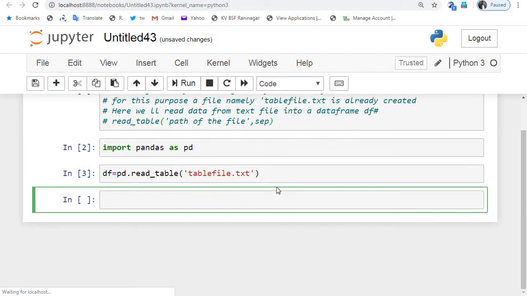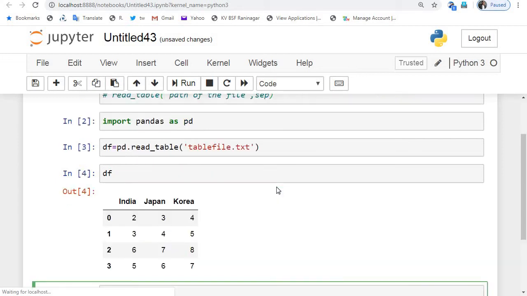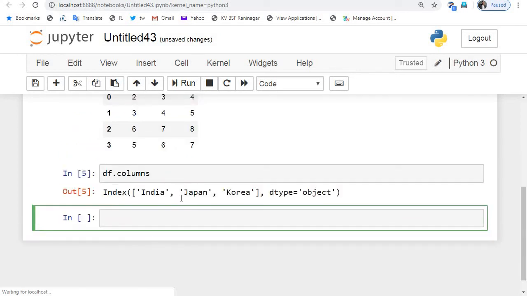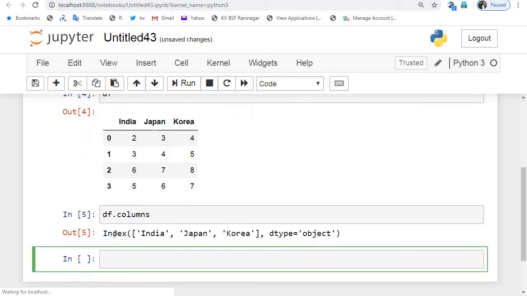Now this method reads the data from the table.txt file into the data frame df. If we try to print df, you can observe a data frame that has 3 columns and 4 rows. The column names are India, Japan and Korea, while the row indexes are 0, 1, 2, 3.